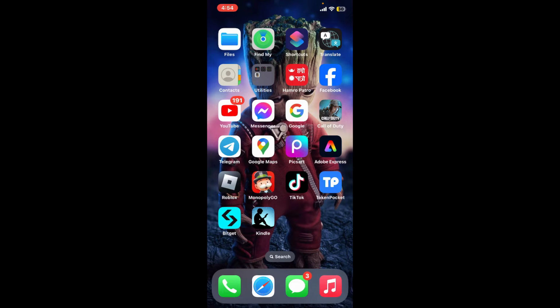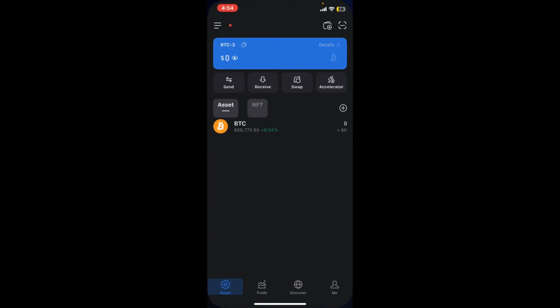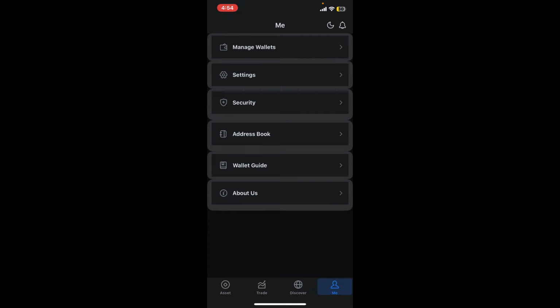In this video, we will be learning how to disable notification on TokenPocket. To disable notification on TokenPocket, open up the TokenPocket application and make sure that you're inside the main asset page. Once you're in the main home page, click on the Me button at the bottom right hand corner, and then